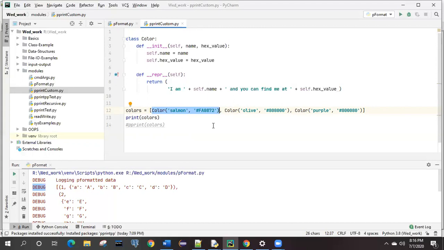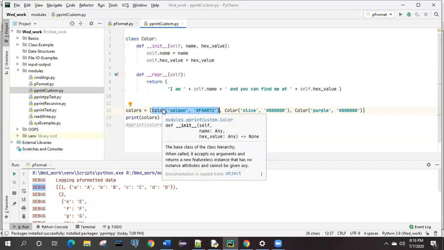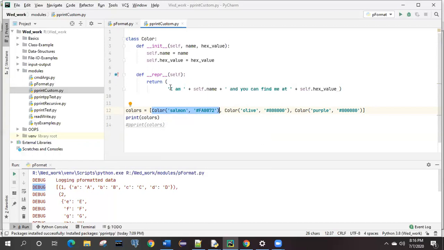And if you see line number 12, colors equal to, and in the equal to part only the highlighted line. Forget about the remaining part of that line. Just imagine colors equal to Color with two fields, right? So think on this part only. It means this Color class will have two parameters: the first one is the name, whatever value you assign, and the second one is the hex value.